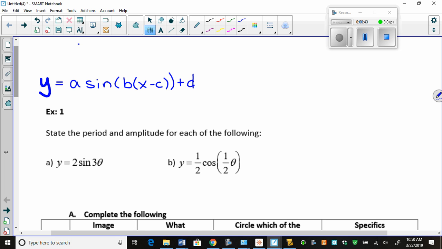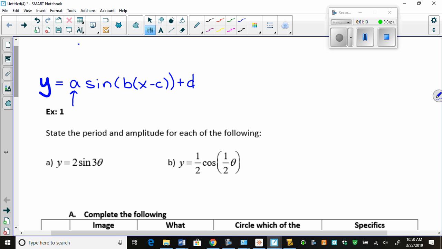So, what do we know about this? This little a here, we're not doing transformations today, we're just dealing with amplitude, period, all that stuff. So, what does that a do? Well, we do know it is a vertical stretch. Vertical stretches stretch our y's, do they not? So our amplitude of our basic sine and cos graph we said was 1. It was 2 up, and then we split it in half, right? So it was 1 up and 1 up. We agree? So if I vertically stretch it, it's going to make my amplitude bigger or smaller by that much,